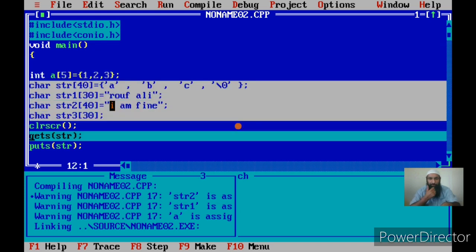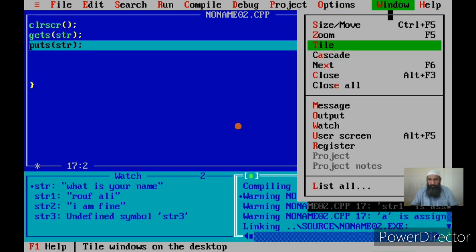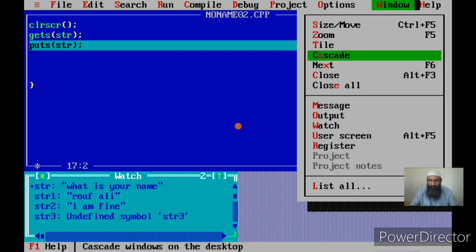Now again I'm inputting a string from the keyboard. I'll say, what is your name. Okay, now I press enter. Let me close this window and tile windows again so that you can get a full view of this window.